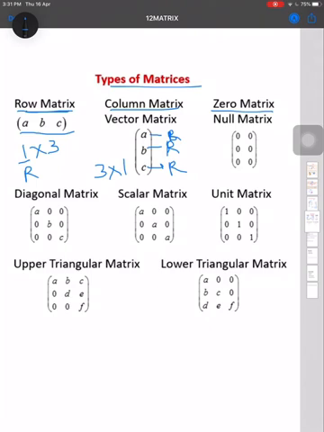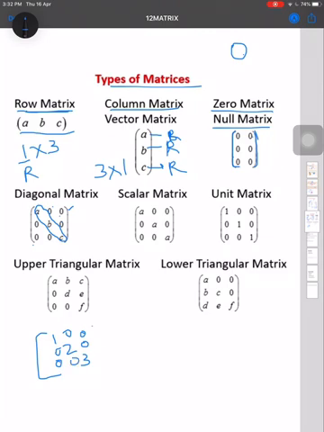Now next one is zero matrix or null matrix. Like in the number system, for 0 you simply write 0, but here the zero matrix is not written as 0. It will be written like a matrix only, but all the elements will be 0. Next one is diagonal matrix. If all the elements are 0 other than the diagonal, that is, only in the diagonal you have the numbers, but other than the diagonal all the elements are 0, then this type of matrix is known as a diagonal matrix. One numerical example I'm giving here. So see this one.